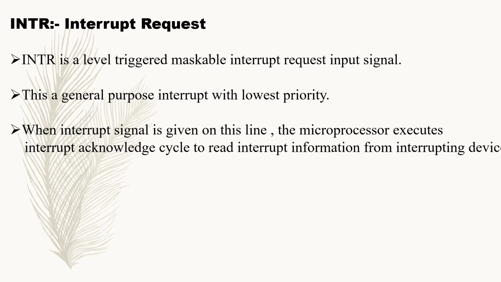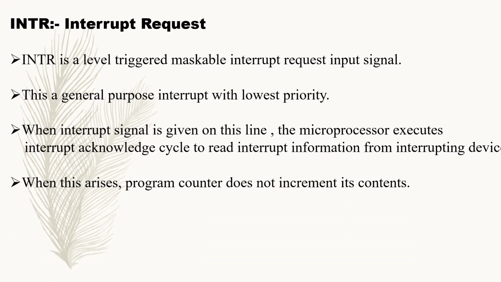So whenever an interrupt arises, what was the first thing? The processor completed the current task. Second, it accepted the interrupt by acknowledging it. Why is it acknowledging? If the acknowledgement is not done, the peripherals will again and again disturb the processor. That is, interrupt the processor.